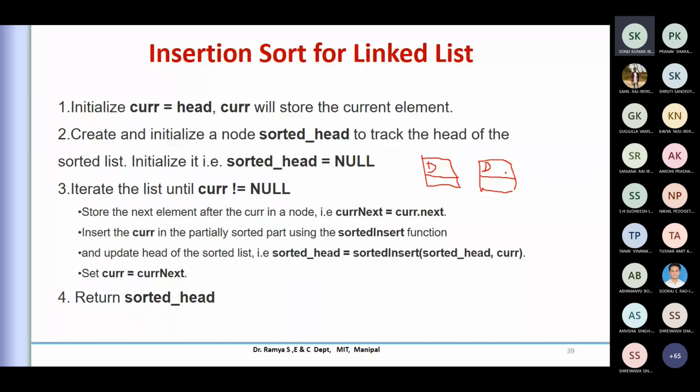So what you're trying to do is create a temporary node. This particular value, 5, whatever the current value is, is put into that, and the address of this will be the header value, because currently it is pointing to the current position, so we know the address of that.